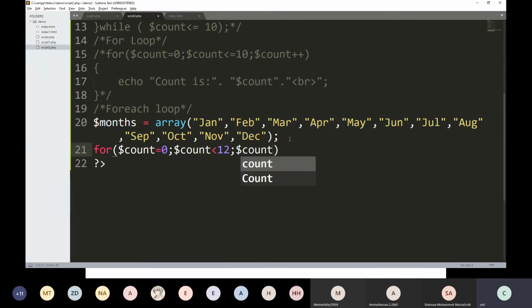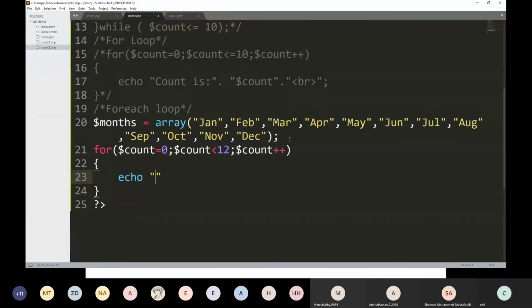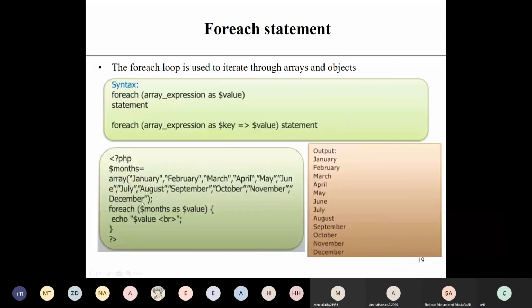Then count plus plus. Inside this I echo simply dollar months of dollar count.